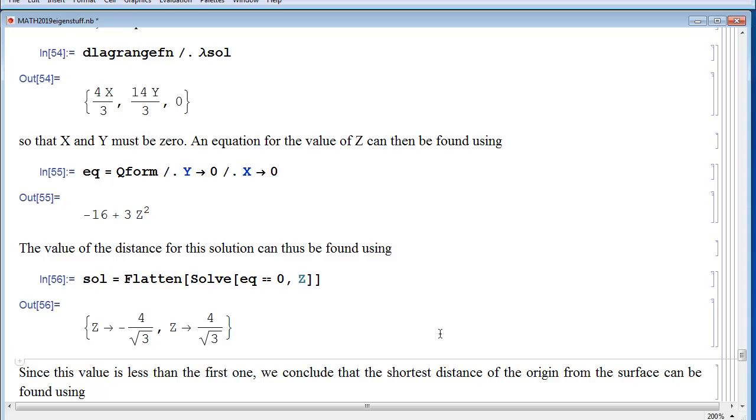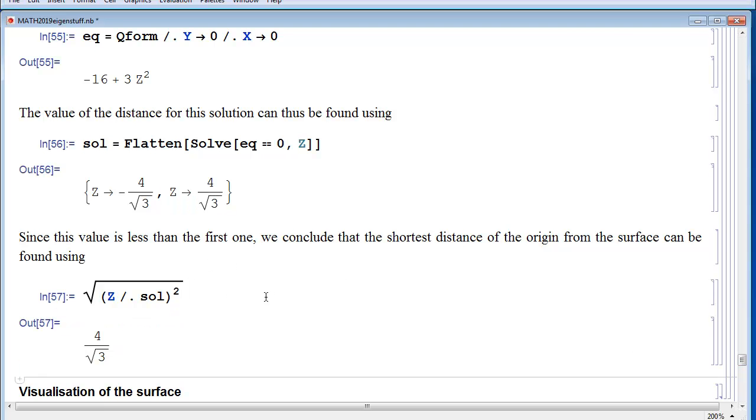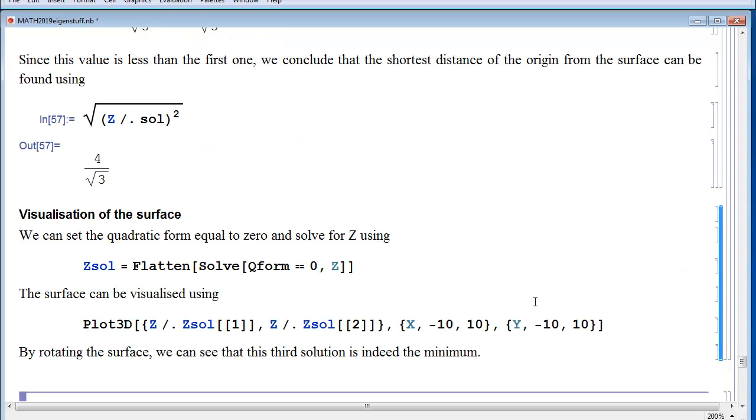And since this value is less than the first one, we can conclude that the shortest distance from the origin is this. And then finally, which is the correct answer, and then finally we can visualize this